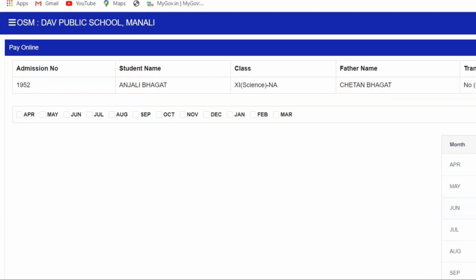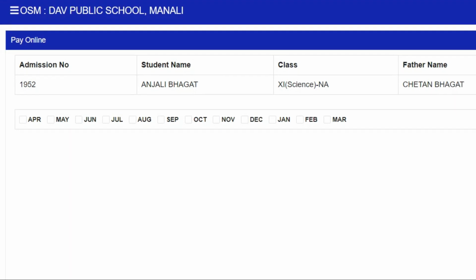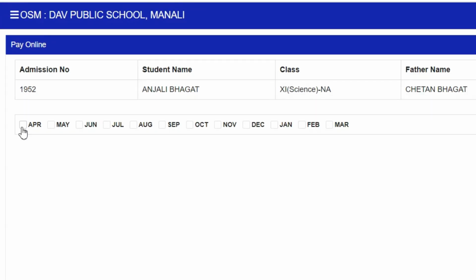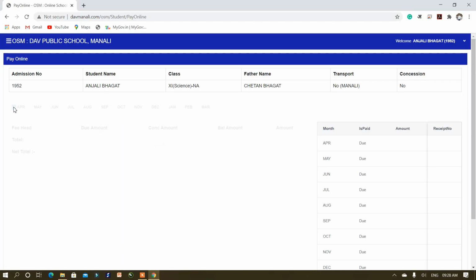Take cursor on the particular months for what you want to pay. Click on the checkbox. Here, it takes time for processing. After that, you'll get a detail of fee.